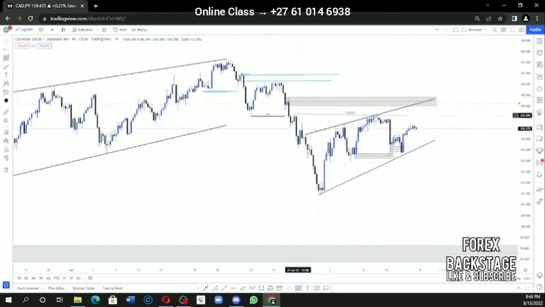As you guys can see, the order block is identified on the H4 time frame, and then this is our liquidity where price created this liquidity. People will be looking to sell around those areas. They will be looking to see price pushing up, and then they will be looking to sell from there, which is smart money creating this liquidity so that people will be caught on the wrong side of the market. So we are aware of that, so we know that price will definitely start pushing to the upside if we get a nice